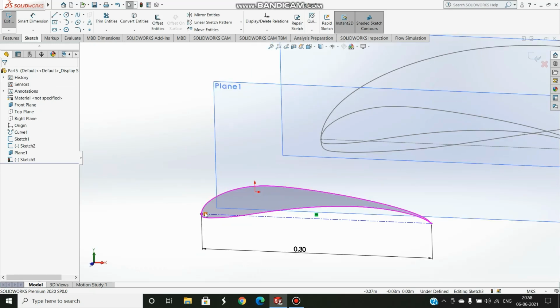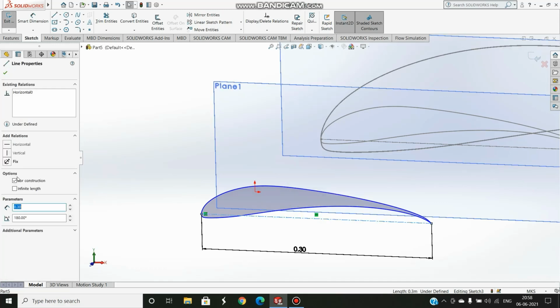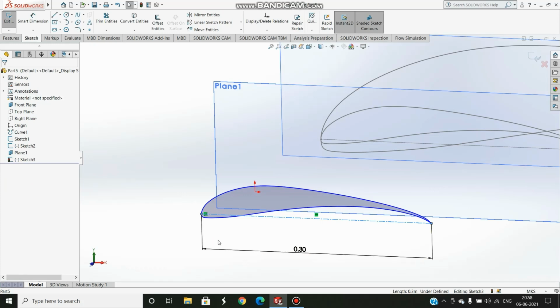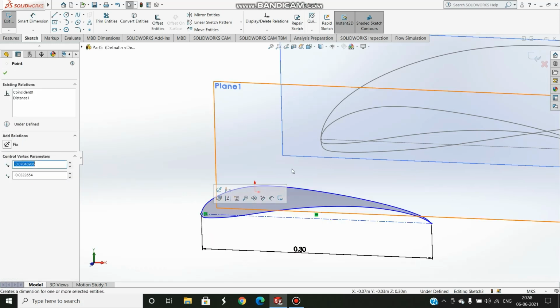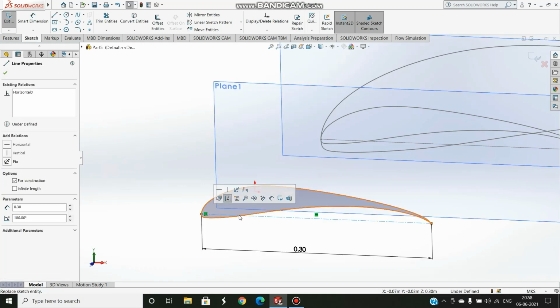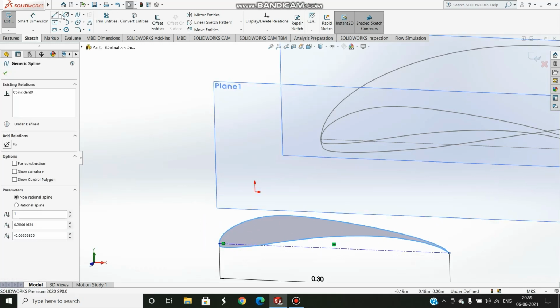Now the next thing I'll have to do is select this line first of all and add a relation called horizontal, and then you select this point and wait a second, I forgot to add a center line here.